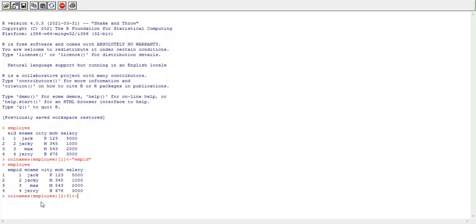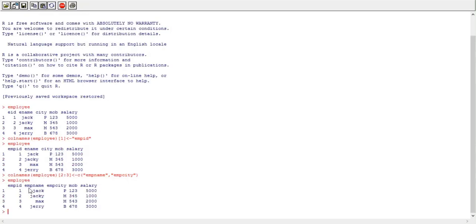So and assign new names. C of ename, instead of ename I want empname, and instead of ct I want empct as a new names of column. Let's verify the result. See, ename is replaced with empname and ct is replaced with empct. So this is how we can rename more than one columns by using this given syntax and by using colnames